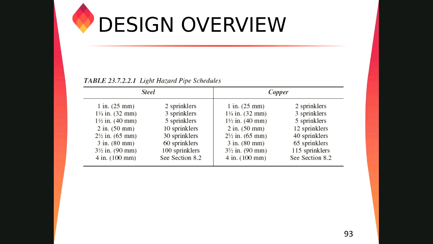If I have four sprinklers, for example, you have to use at least 40 mm. Yeah, 40 mm for the steel pipe. So it's not 32. If I have 3 sprinklers, 32. More than three sprinklers, we have to go for the 40 mm pipe.